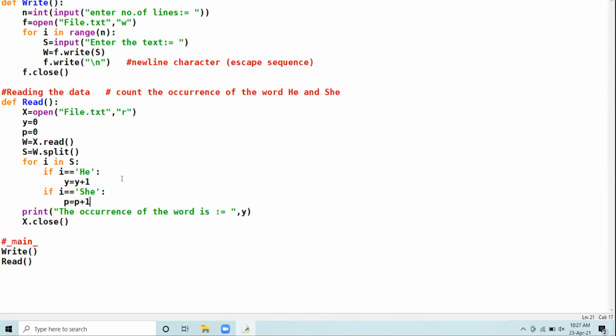Am I clear? 12th class, raise your thumb immediately if you are totally clear. So print here: occurrence of she is p, occurrence of he is y. Clear?